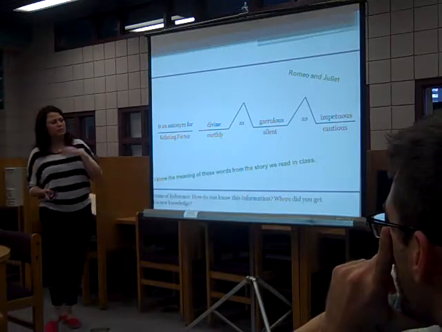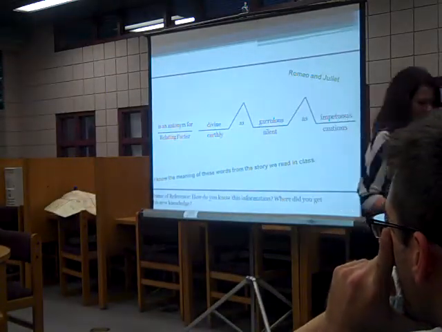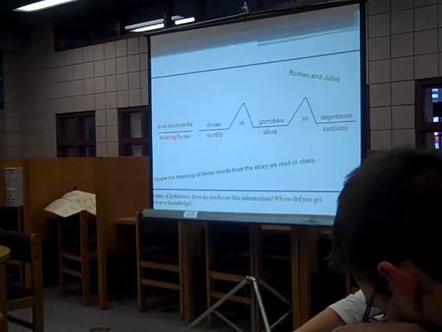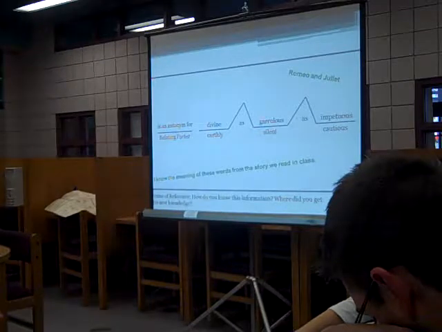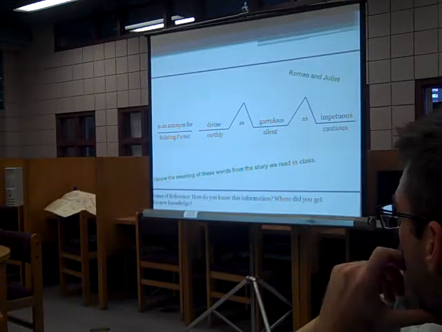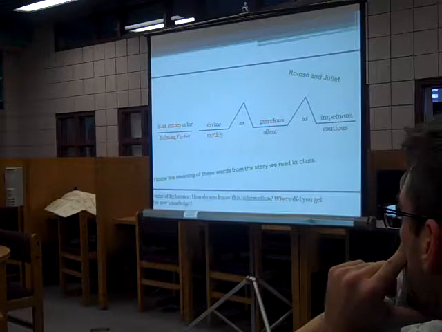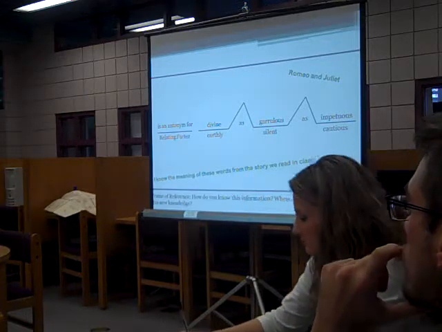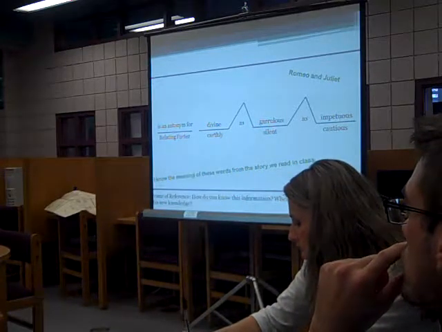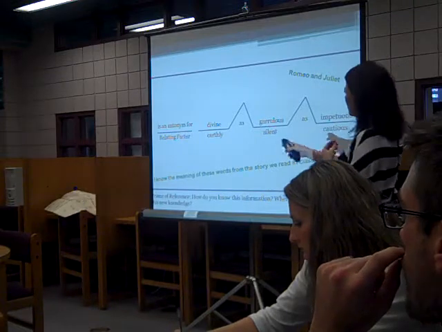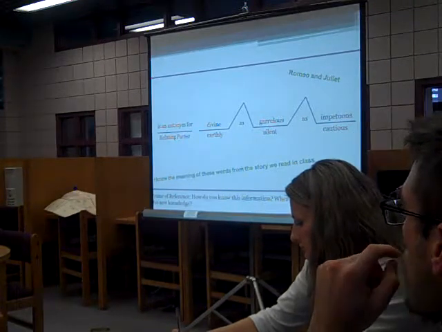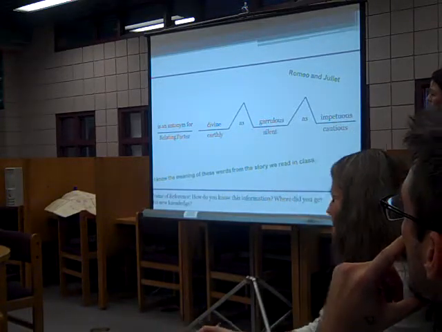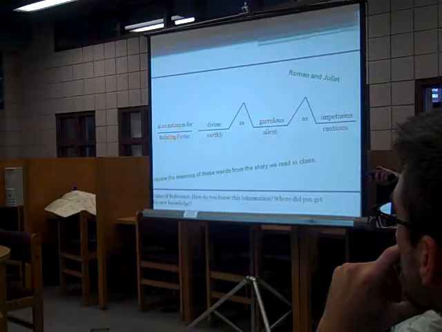This one is showing antonyms, and a lot of people when they first start working with the bridge map, they struggle with it. They're not sure, like, how should I use it? And what I've discovered works the best, at least for me and my students, is to use it with vocabulary terms and have them identify synonyms and antonyms, those types of relationships. So, for example, these are all words from the play Romeo and Juliet. So, divine is an antonym for relating factor, as garrulous is an antonym for silent, as impetuous is an antonym